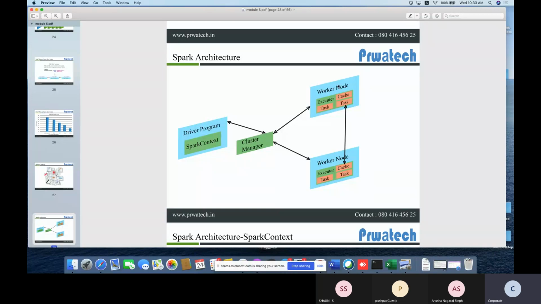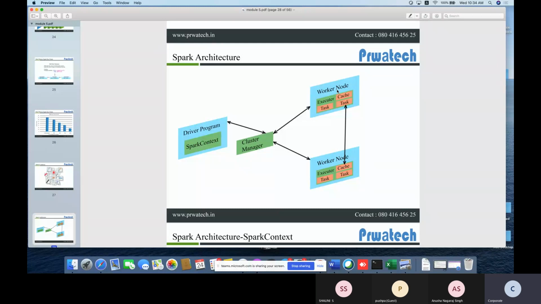Worker node is where the code gets executed. Got it? Driver program is who initiates the job, like a main function.